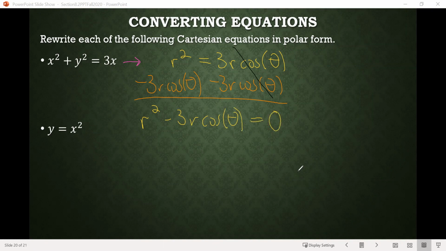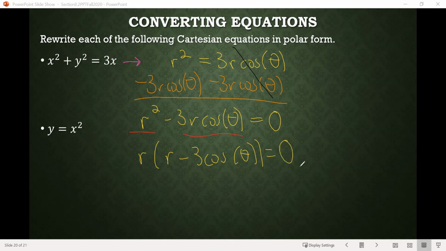We can't combine the r squared with those two things, because the r squared does not have a theta term with it. And then notice in both of our terms here, they contain r. So we can factor an r out. So this will become r times r minus 3 cosine theta